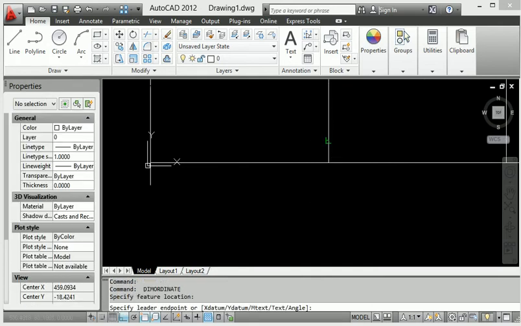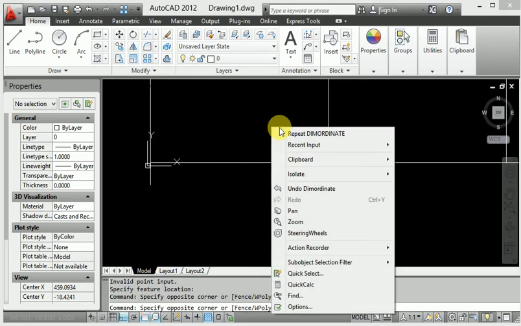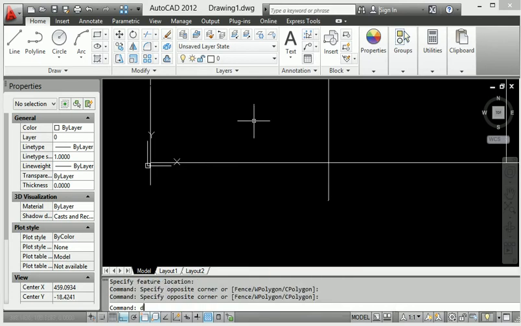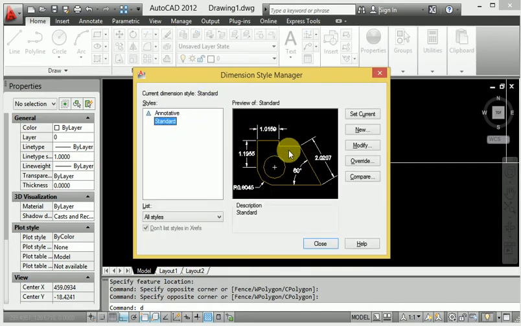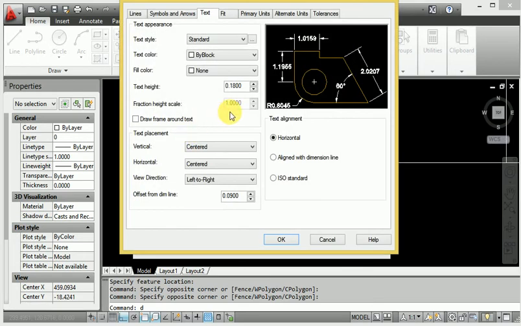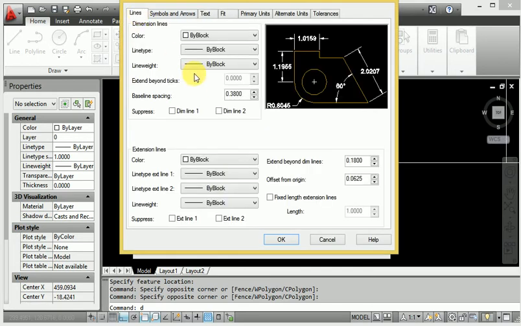So this is called setting the dimension style. Go to D enter, that means dimension. Provide the values, go to modify and check the line color.